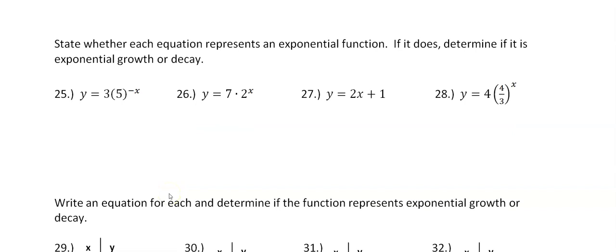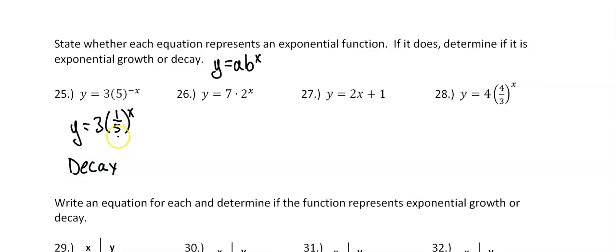If we take a look at these next couple, it says state whether each equation represents an exponential function. If it does, determine if it's growth or decay. So for this one, remember exponential functions are of the form y equals a times b to the x. So we're just looking to see if it's in that format. So if we look at the first one, that's in that format. However, that negative exponent doesn't quite match that format. If we took care of that negative exponent, it would actually be 1/5 raised to the x power. And so, yeah, this one's exponential, but now we can see that it's exponential decay